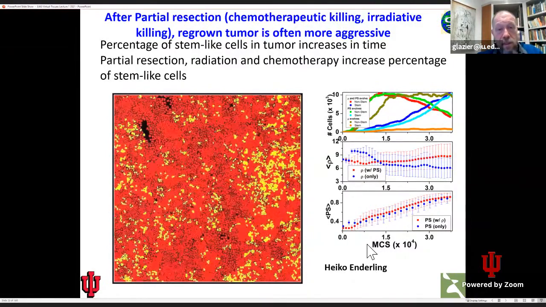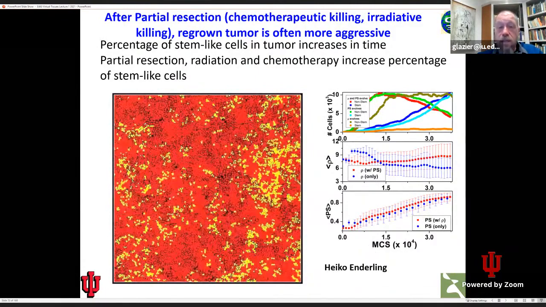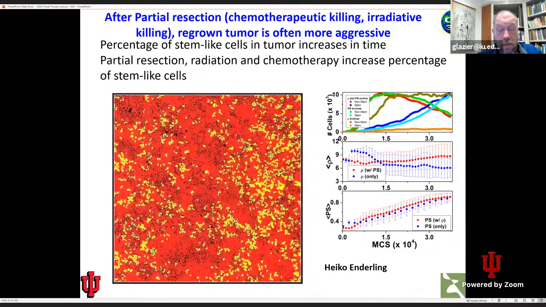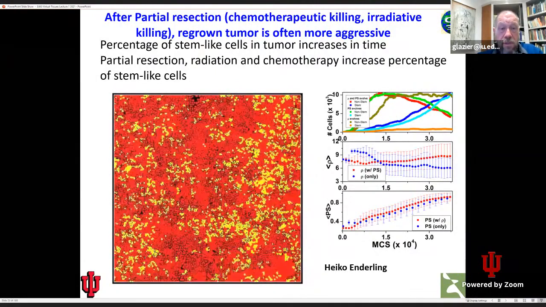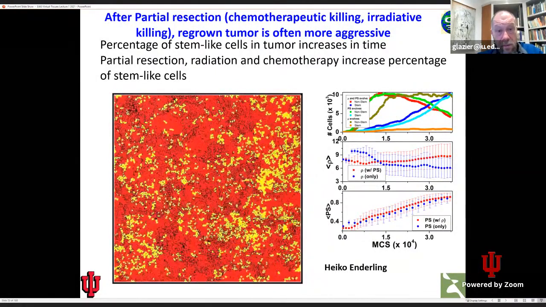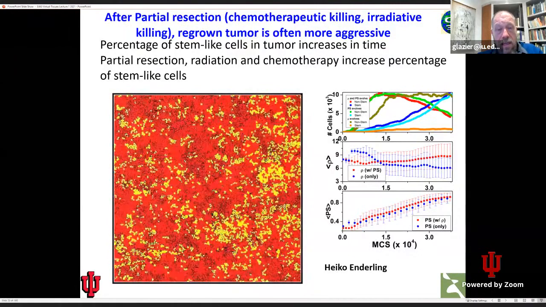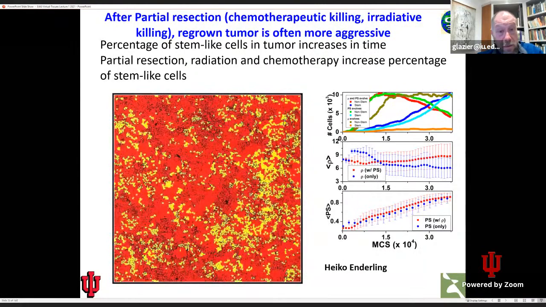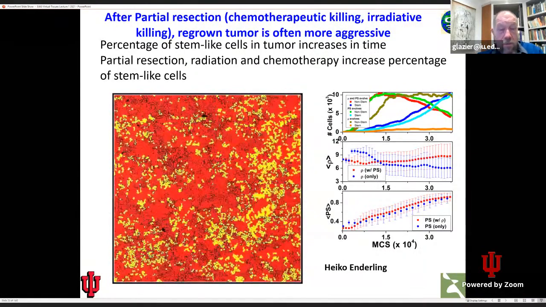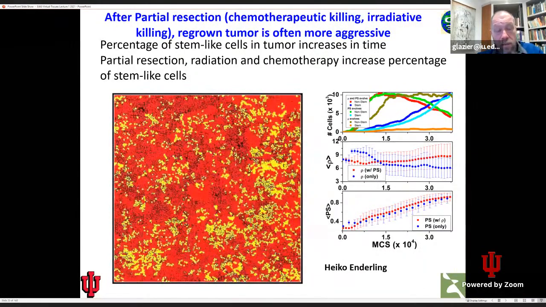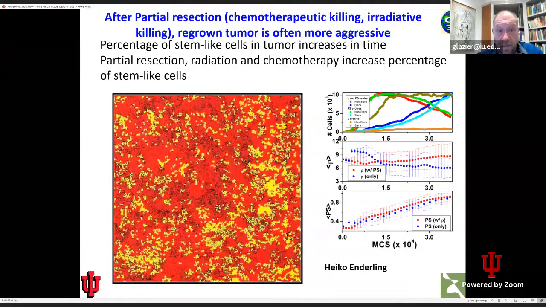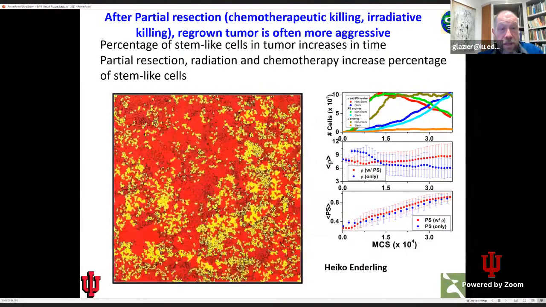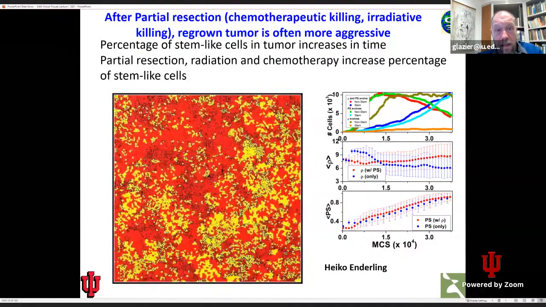One of the things that a simulation like this shows is a rather paradoxical and very unfortunate effect, which is that most cancer treatments make the cancer worse. If the cancer treatment is completely successful, you eliminate the cancer completely, that's wonderful. But radiation and chemotherapy rarely get rid of all of the cancer. Some of the cancer cells survive, and the cells that survive then tend to become more aggressive and